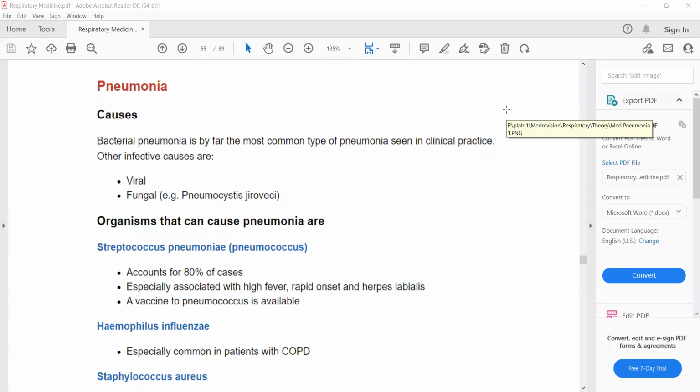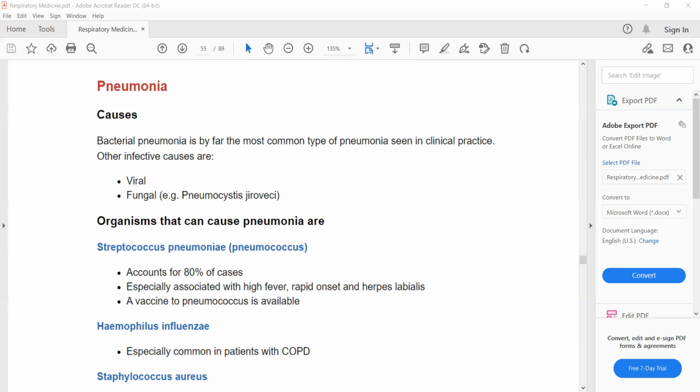So our next topic is pneumonia. Pneumonia is basically a lung infection of the lower respiratory tract, or lungs, known as pneumonia. Pneumonia can be bacterial, viral, or fungal. Bacterial pneumonias are by far the most common type of pneumonias,